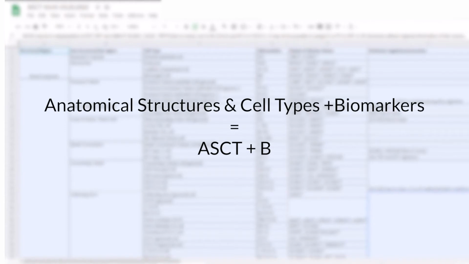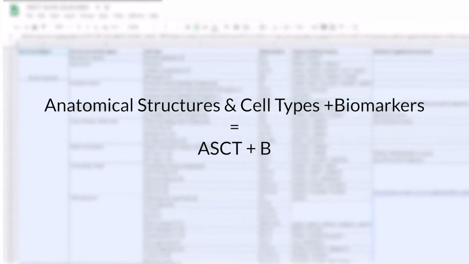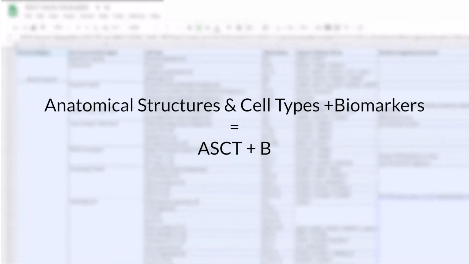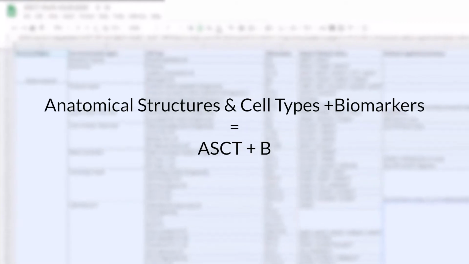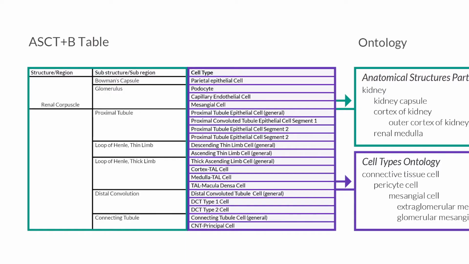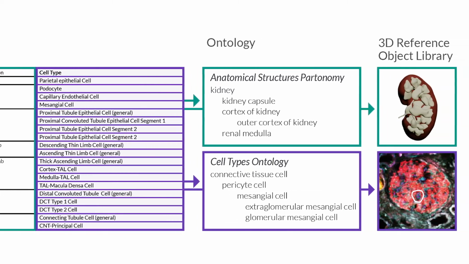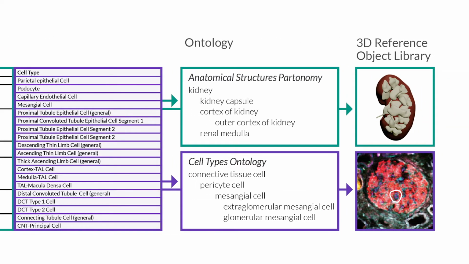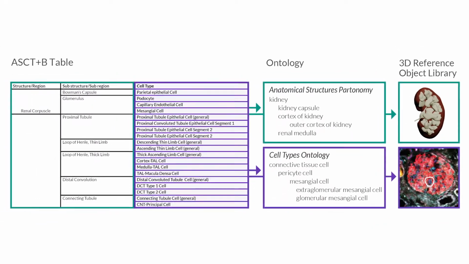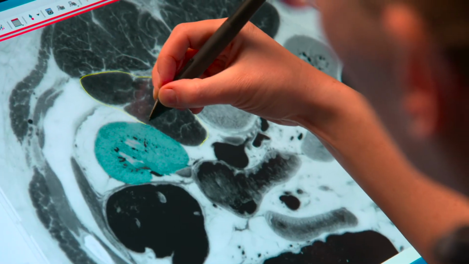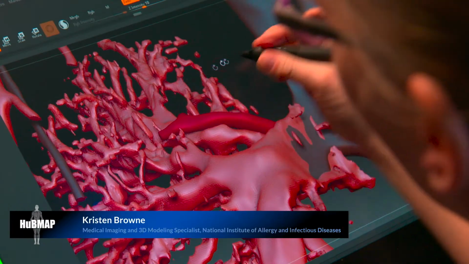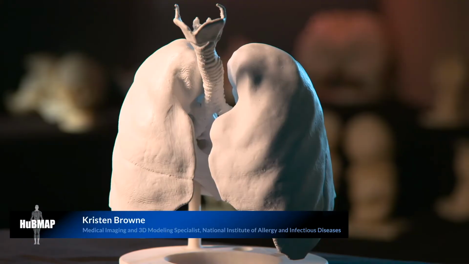The resulting anatomical structures and cell types plus biomarkers tables, or ASCT+B, are then used to design 3D reference objects that capture major anatomical structures and the general shape of cells in healthy human adults. Data from the National Library of Medicine's Visible Human project is used to create a 3D